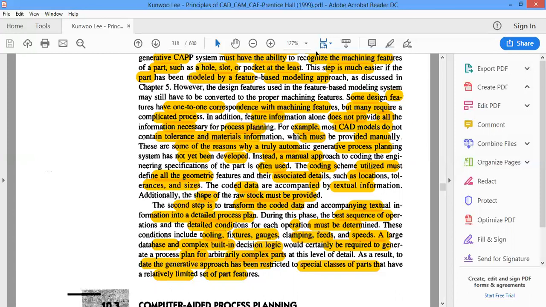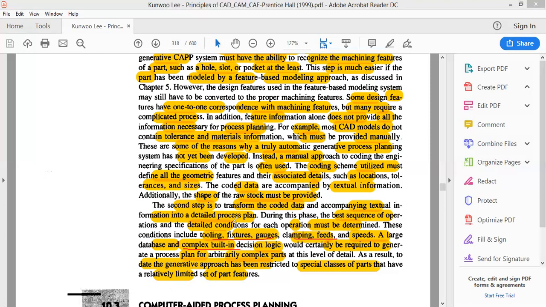So that is also taken care of here. That is the second step: what tools are required, the fixtures, and the gauges, where and how it has to be inspected for dimensions, whether it has been properly machined. All these things will also be represented.